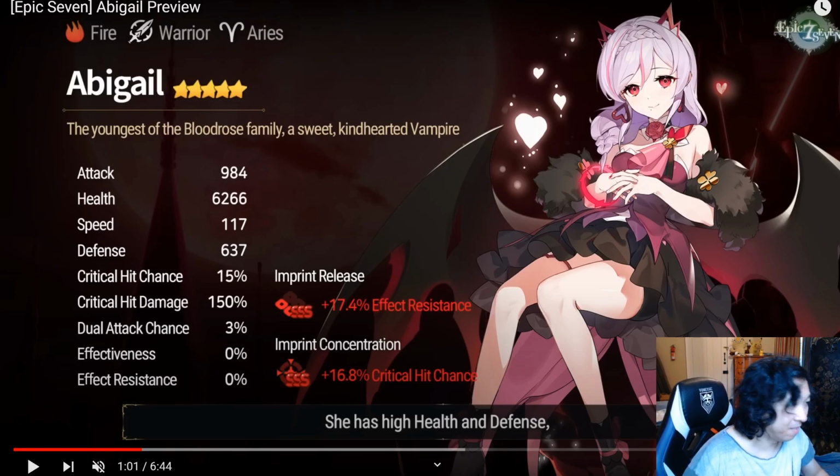So, again, fire warrior, you see her stats here. Health, very high. Speed, very high for a warrior. Good defense. Now she has no critical hit chance or damage imprints. Not imprints, like innately, right? She has a crit chance imprint, and that's notable because she wants crit chance because she is primarily a bruiser type character, and